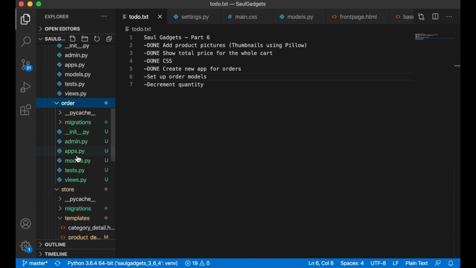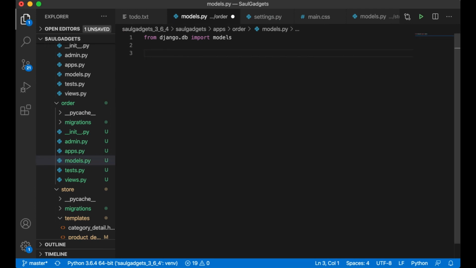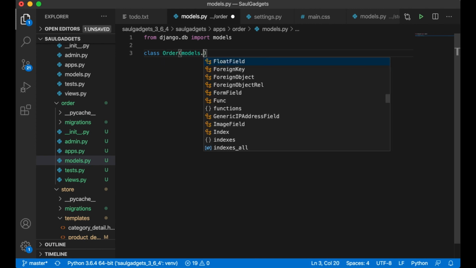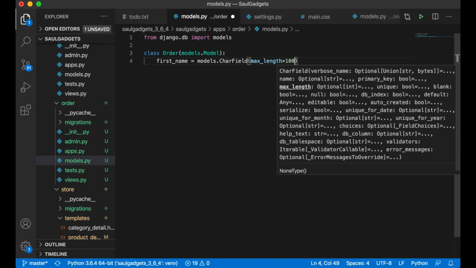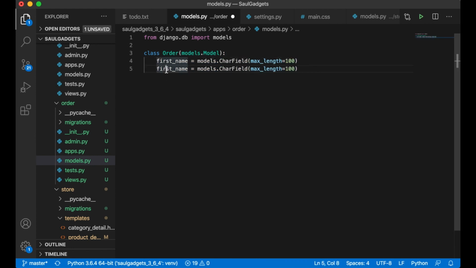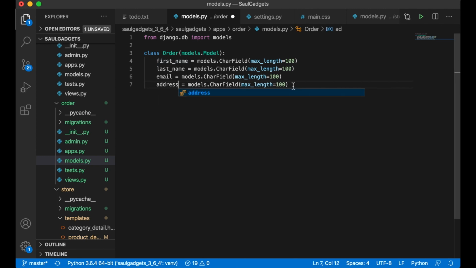So we can open the folder and find the models. Then I need to create one model for the order, models.Model. I want to get the first name of the user, the one who orders, models.CharField max length 100, copy it. I want to get the last name, I want to get the email, I want the address, zip code and place,